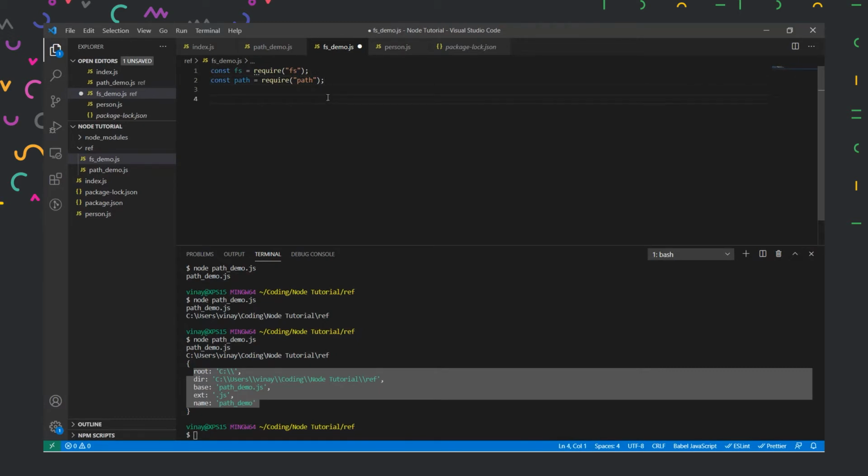And then, what is the file system? By file system, we understand that all our folder structures, the way our files are stored, all these things are managed by the file system. And now we will use this functionality of file system in our Node.js application. So to do that, first of all, let us learn how to create a folder.